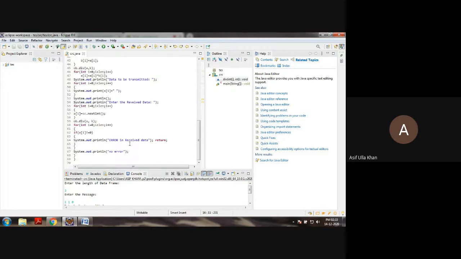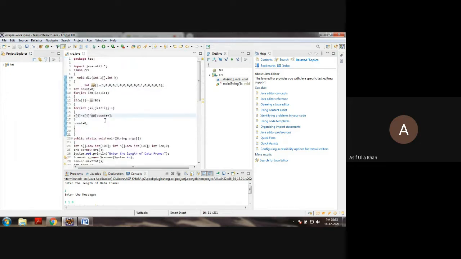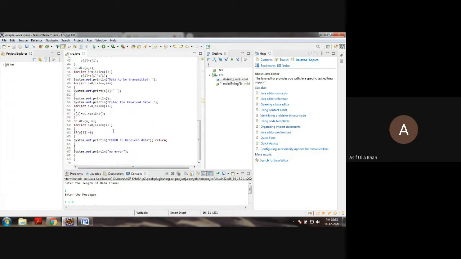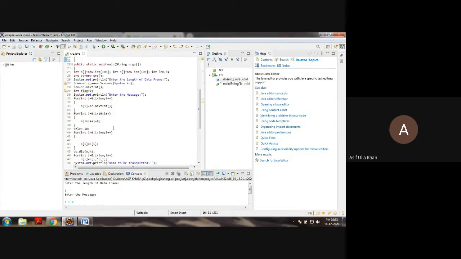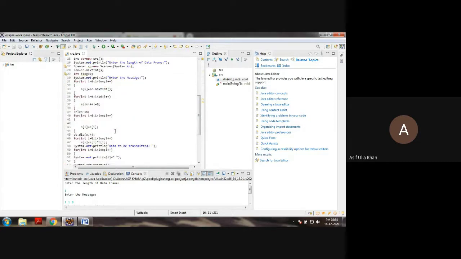The logic, which I explained in the previous video, I have now explained in the current video by means of a program. I have run the program and explained the logic with respect to the program. For any doubts, you are free to ask me, contact me, or put a comment on the YouTube video where you are watching. I will look into it and respond. Now I have explained how to write a Java program to find the 16-bit CRC.